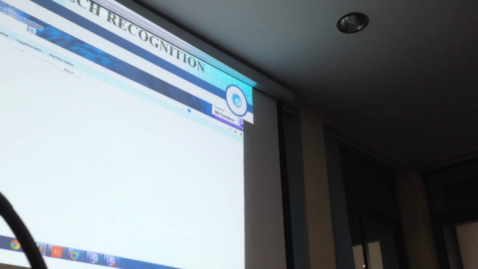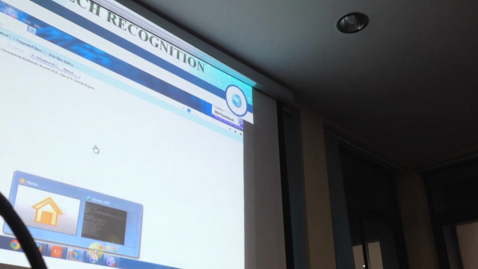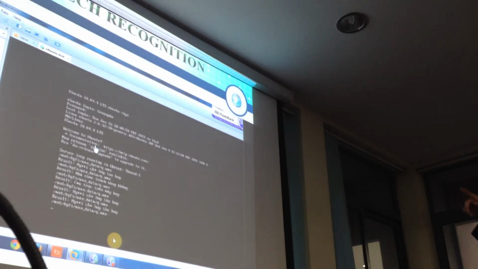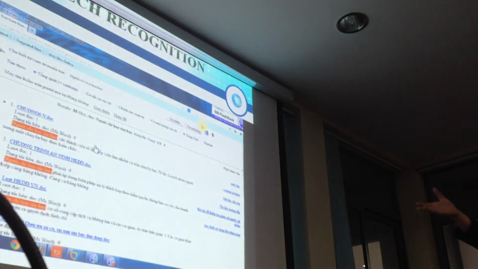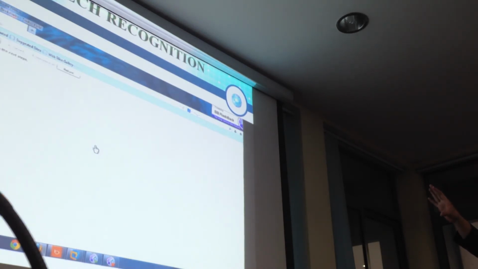And at the end of my presentation, I want to show some screenshots of our application. Here is the speech recognition function for Vietnamese. Each voice query will be sent to the server running HTK speech recognition on the Ubuntu platform.